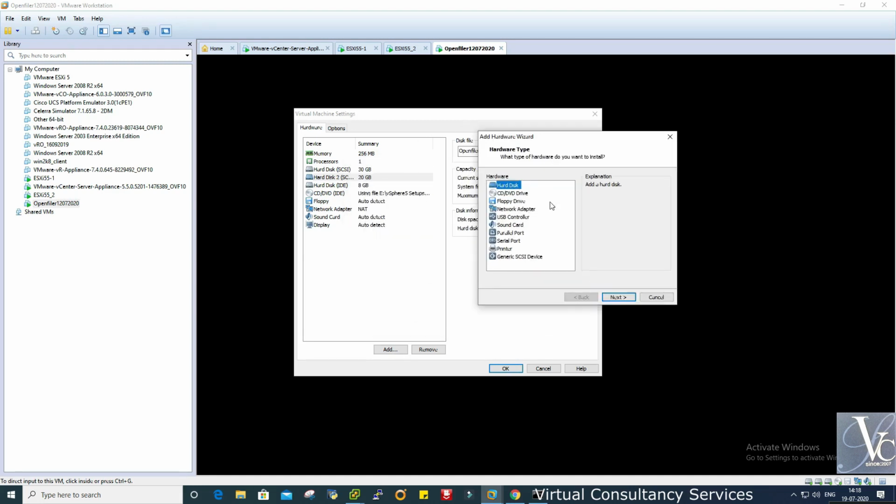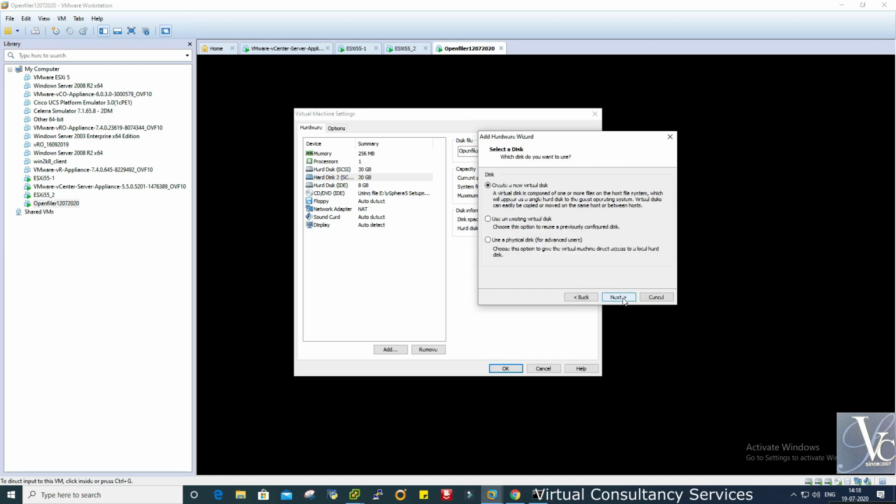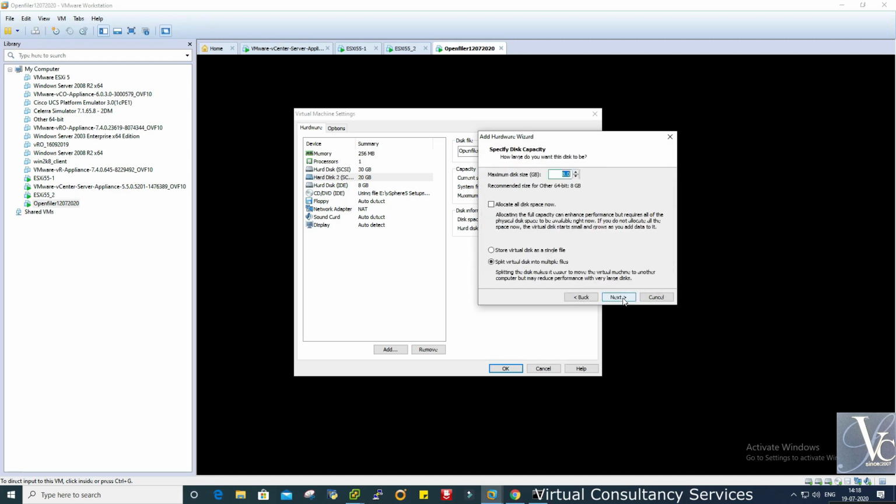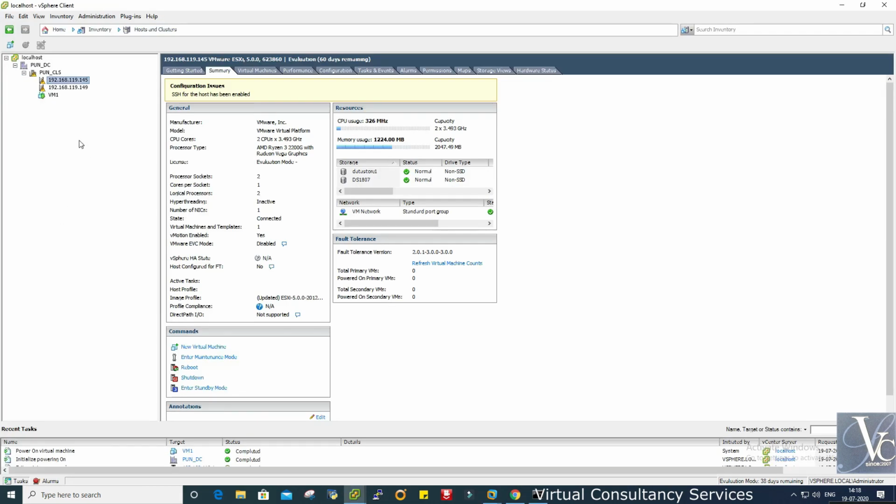Okay, go in, click the add button to add hardware, hard disk, next, next, next, and rather than 20 GB, we will use 10 GB. 10 GB is sufficient, or 12 GB.